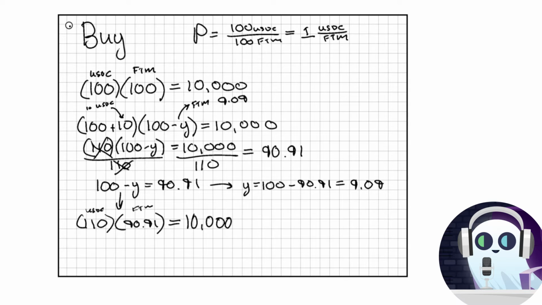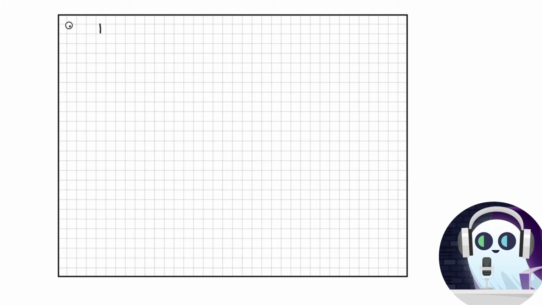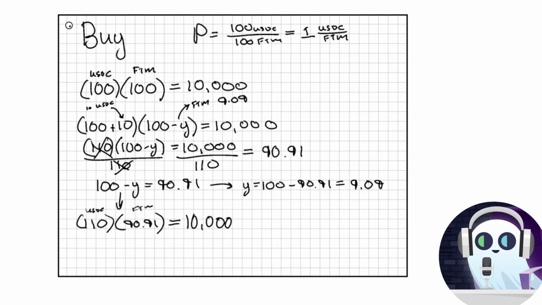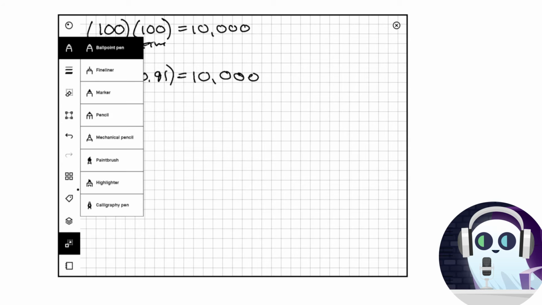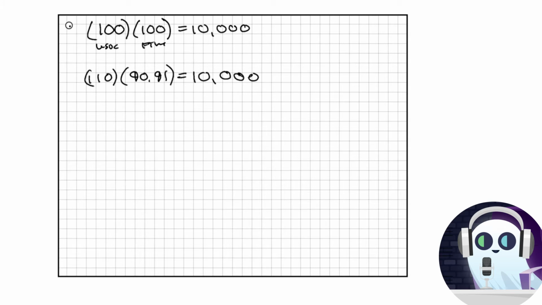If you want to know what the slippage looked like, let me just get a new page going. So we had 100 times 100,000. So this is pretty much like before. And then after. So if we want to know the slippage,